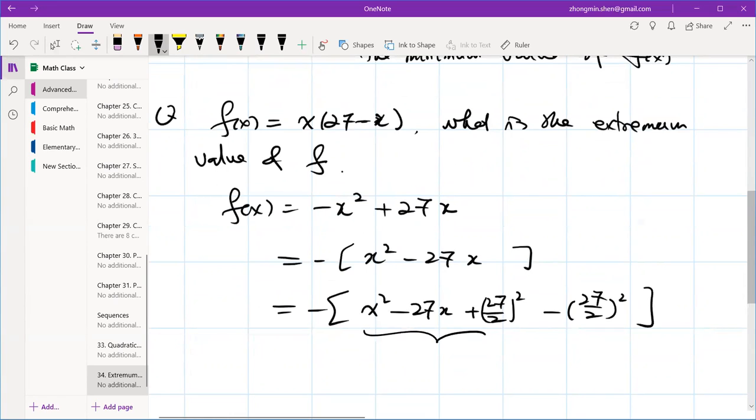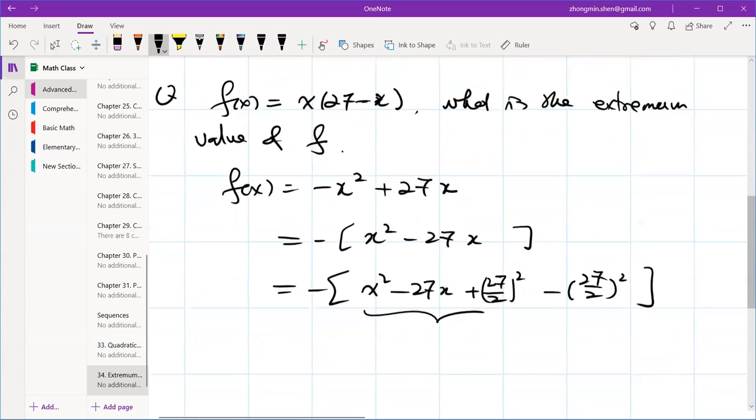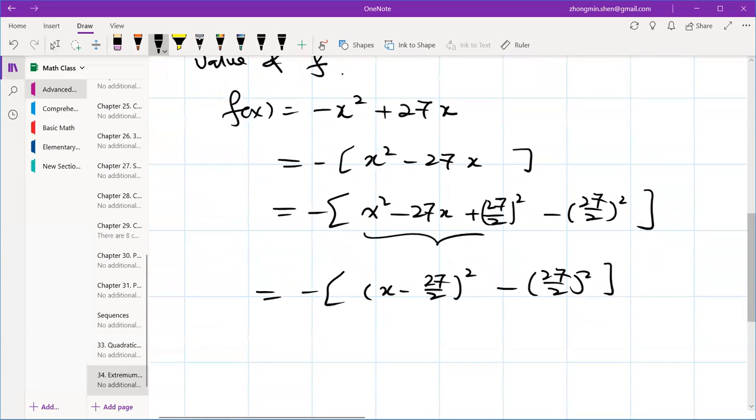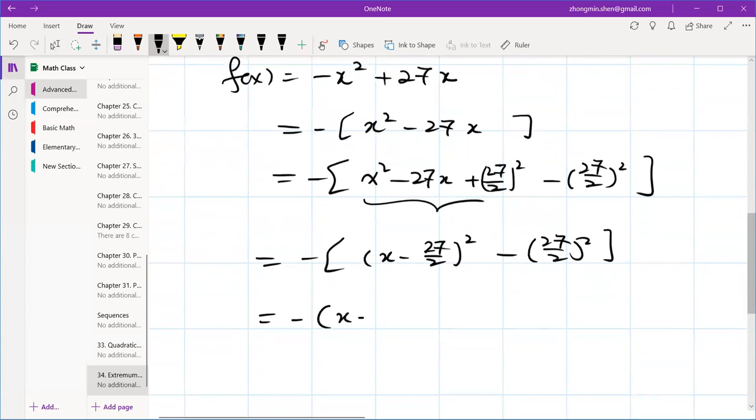Okay, then this will be combined into a square. So it will be negative (x minus 27 over 2) squared minus. Okay, now if you multiply this out,